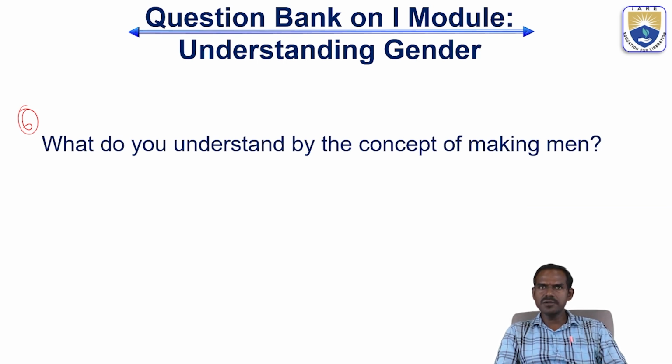But the main role that can be attributed to the parents is to grow the child without any gender discrimination. They should not divide, saying this work should be done by male, or this work should be done by female, or this by boy, or this by girl, or this by man, or this by woman. Okay, so one should not categorize the work. They have to treat them equally from childhood onwards.